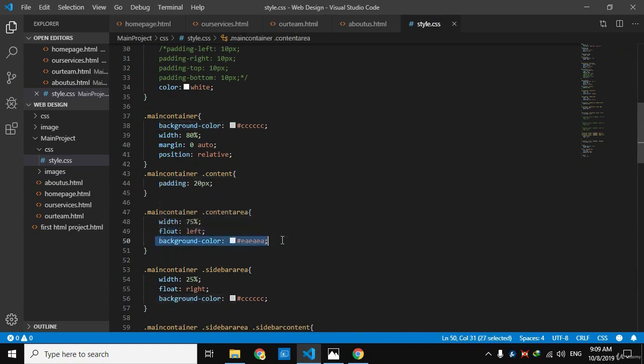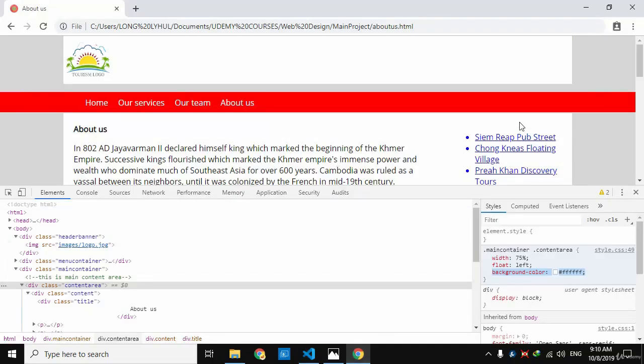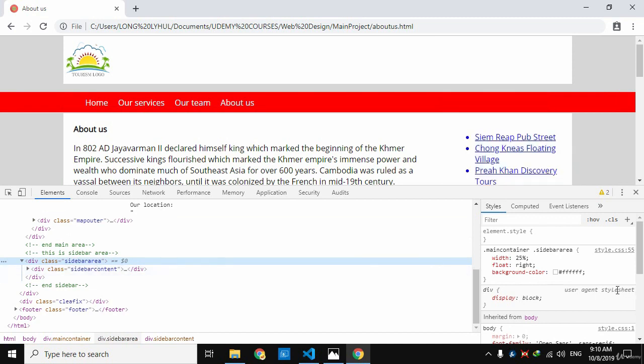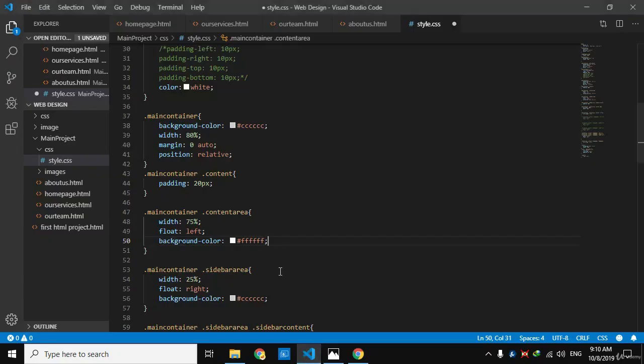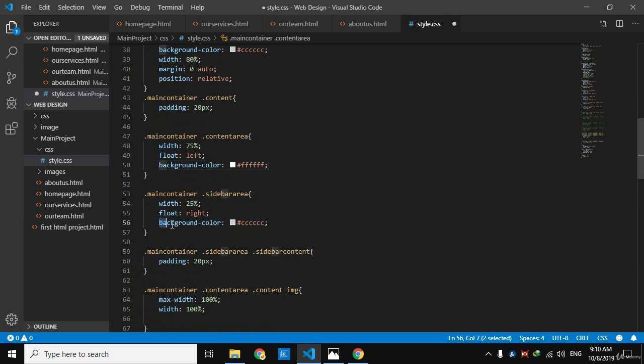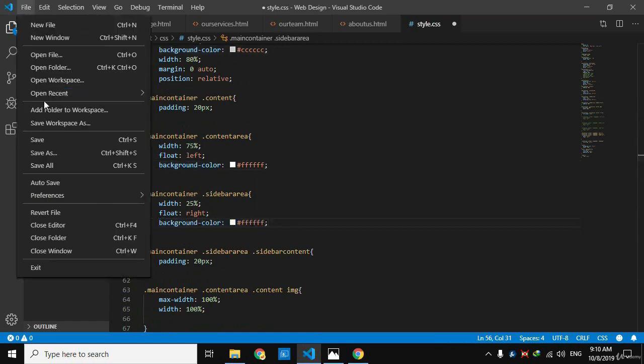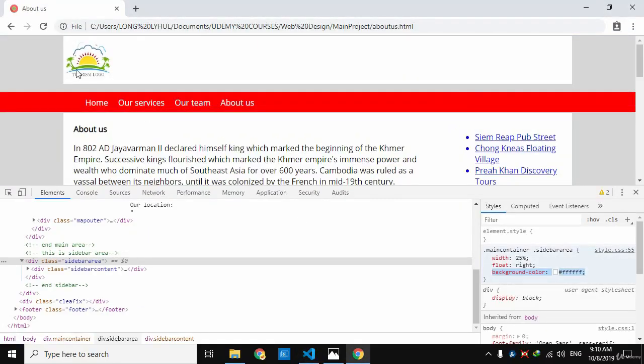Okay, it's here. Select and paste. Sidebar area, style.css line 55. Copy, select, paste. So,